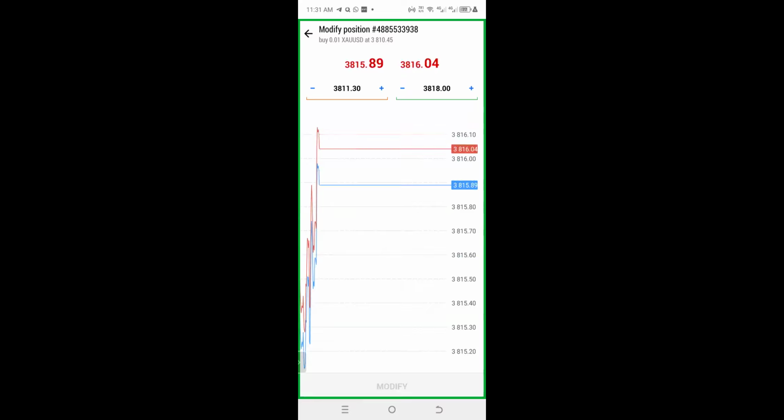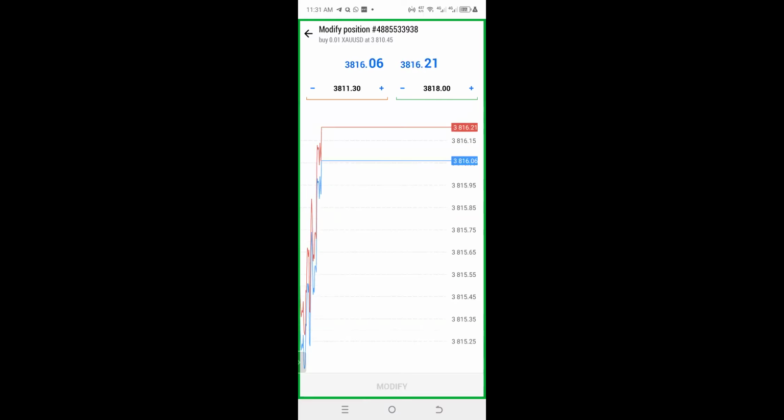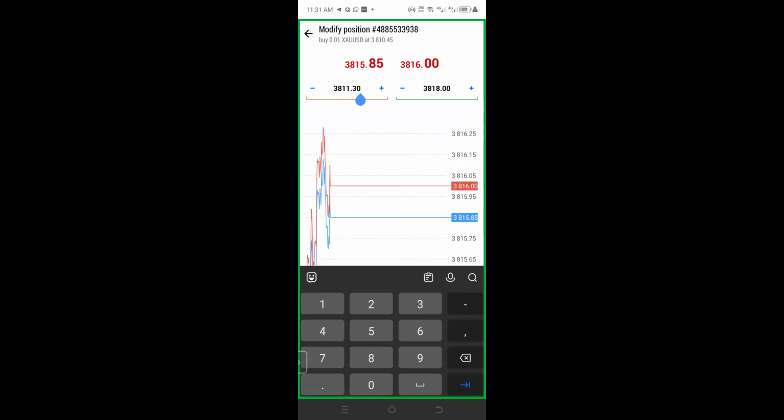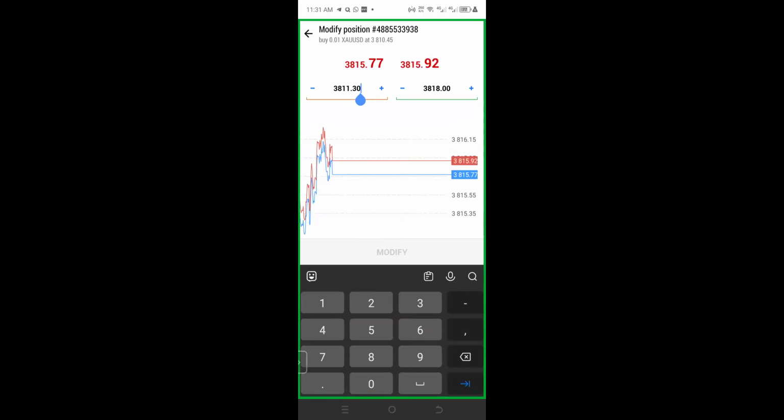So when I took it a little bit above the entry, that's why I used 38.11.30. Though this entry was more favorable, I was just making it uniform with the other ones. So for trailing stop, I should come to this 38.11.30 and move it closer to the entry price, closer to the current price. The current price is